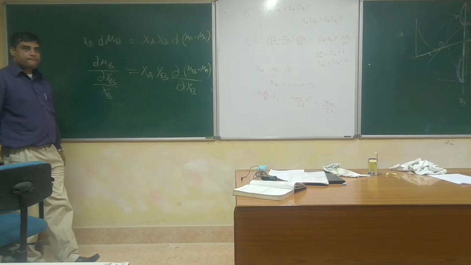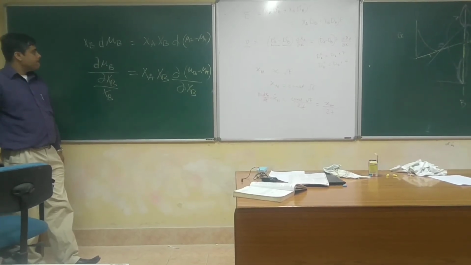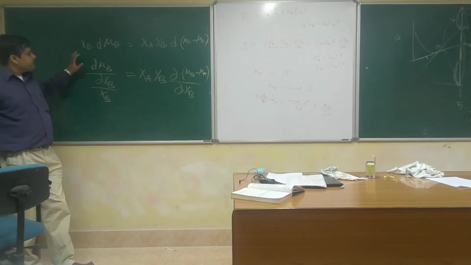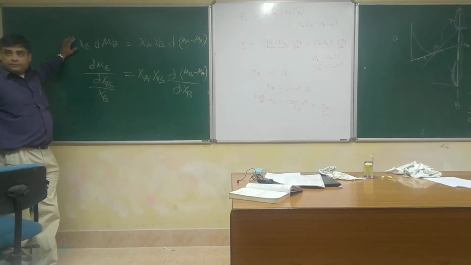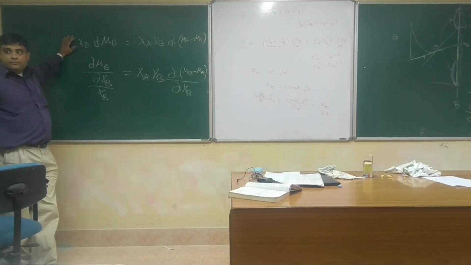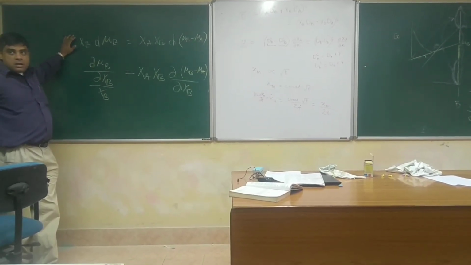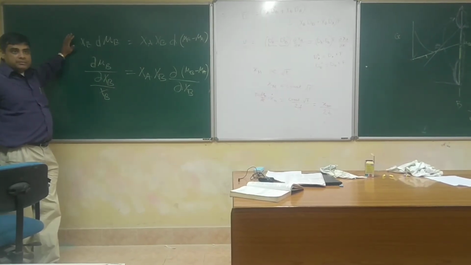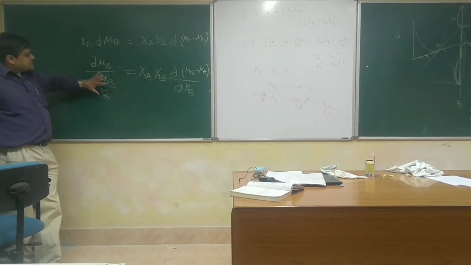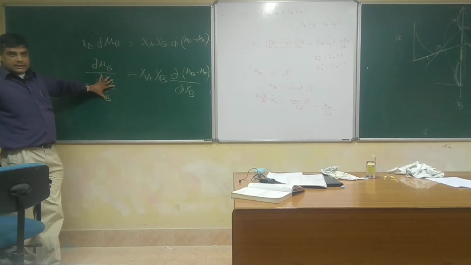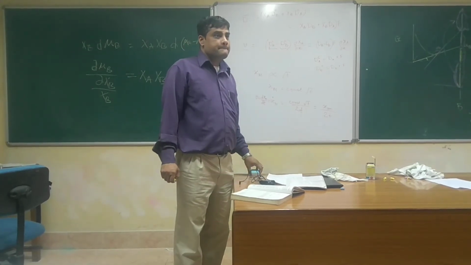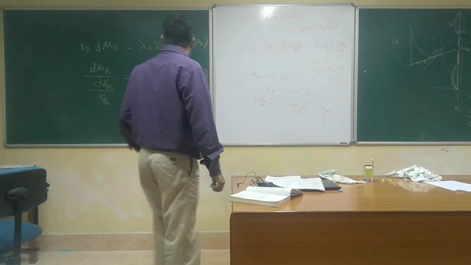Fine. So this should be plus 1. If we take derivative with respect to xb, this should be plus d mu b, another term. Why are you laughing and what is the problem? So this is del ln xb. xb should also be differentiated. So dividing both sides by dxb.